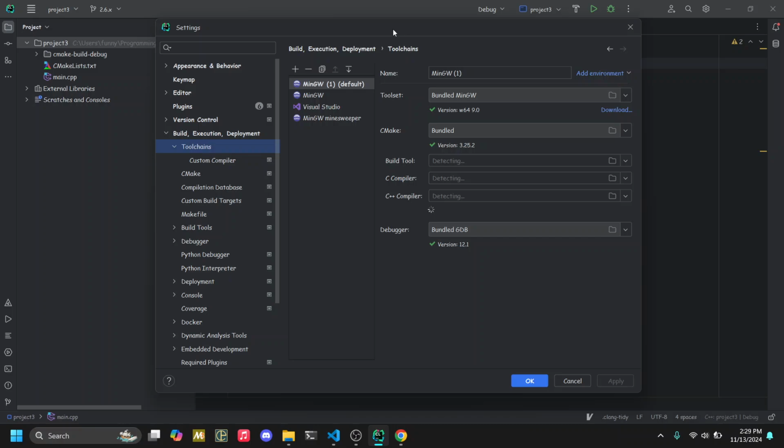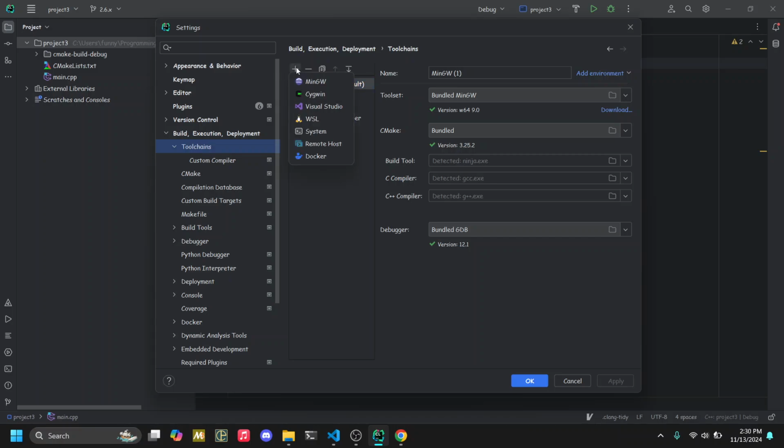What you want to make sure of is this box here, C++ compiler. You want it to say something like detected G++, and you want it to be in the bundled MinGW. A lot of students will run into errors if you have something like this set up in here. And this is fine, but for this particular SFML thing, it's sometimes not fine. If you get an error, just use the bundled one, is what I'm saying. So if you have something like this here, even if it's green, even if it's not red, if you have a path there at all, just try using the bundled one,